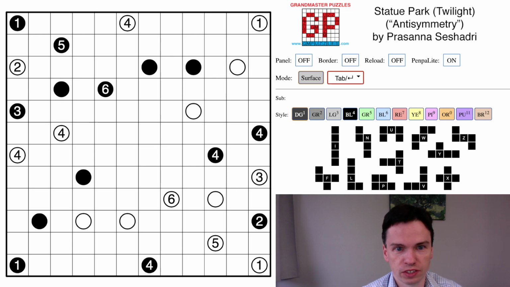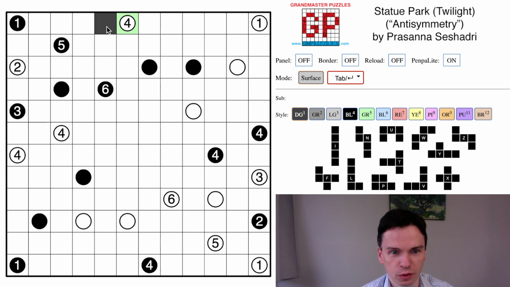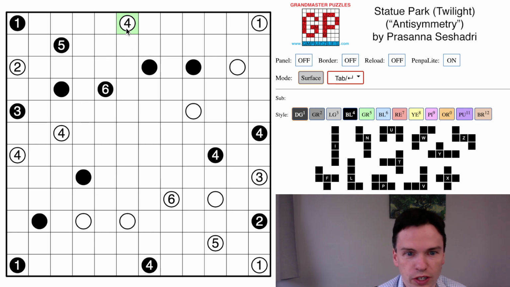So here to talk through the Statue Park variation by Prasanna Seshadri. The Twilight rule actually has something in common with Minesweeper, although it works with opposite colors. So a white clue with a 4 means there will be 4 blackened squares around it. One thing to note is that this white cell will have to be able to extend somewhere out from this